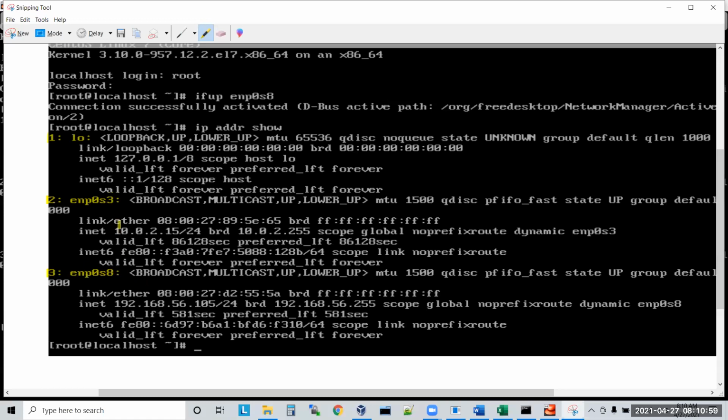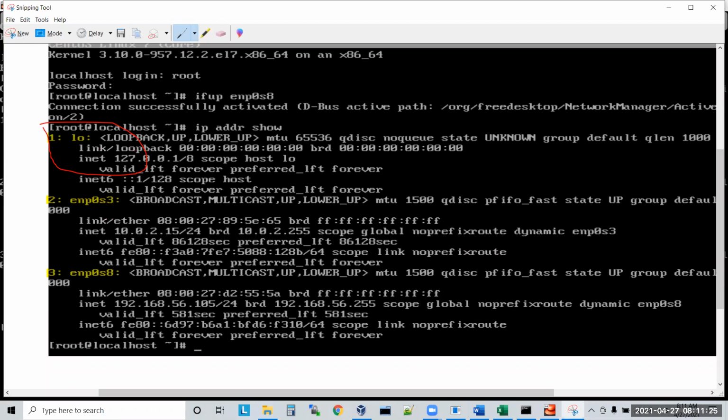3 adapters. The first adapter is the loopback adapter, which will be common for every machine, so you can ignore the first one.